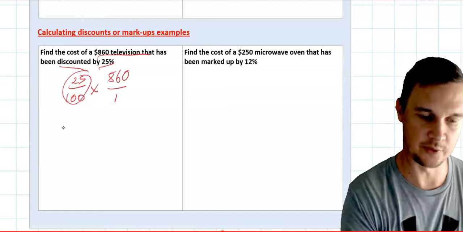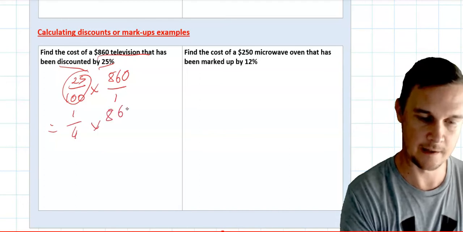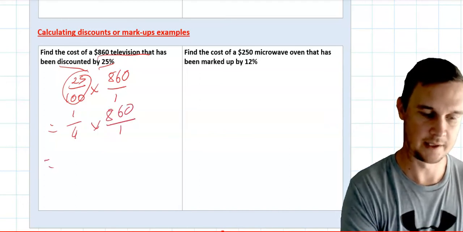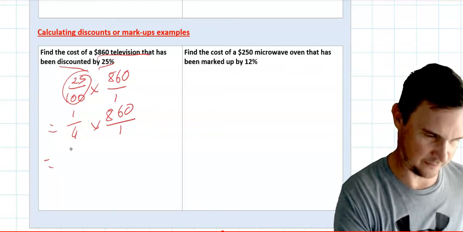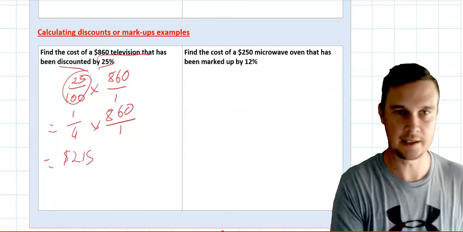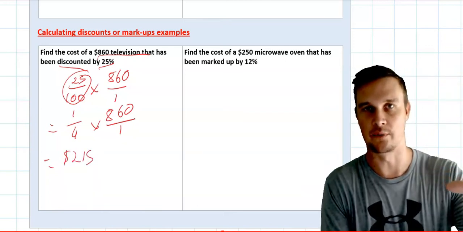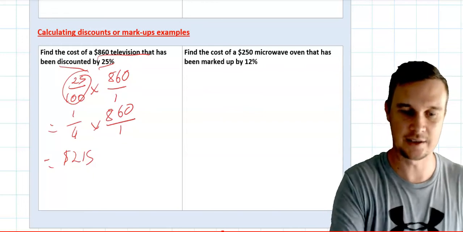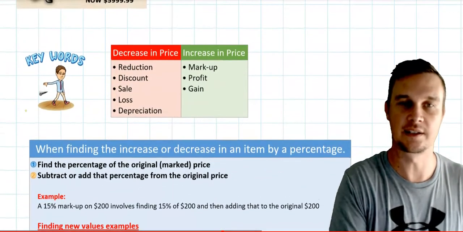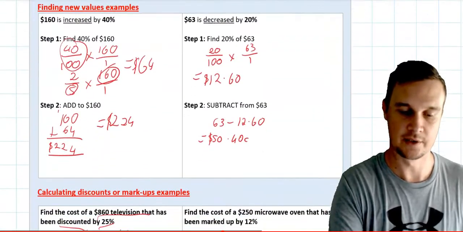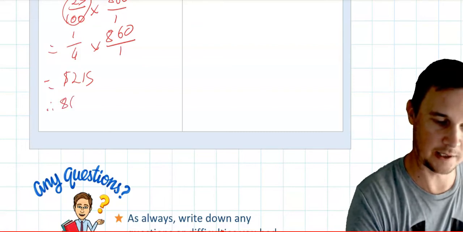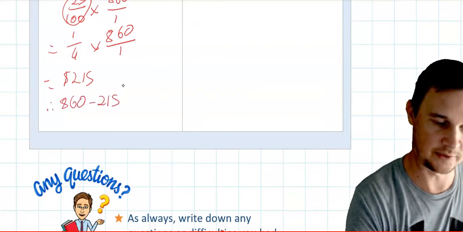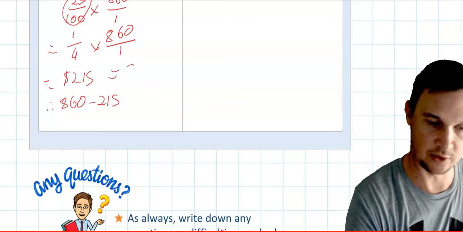I know that that can be converted to a quarter. So really I have a quarter times 860. If I do those calculations, that will give me the answer of 215. And as before, now that I've got the 25%, I can subtract that. Discounted, as you've hopefully written down before, means a decrease in price. So I'm going to subtract that from the original total. I have 860 minus 215, which gives us the final answer of